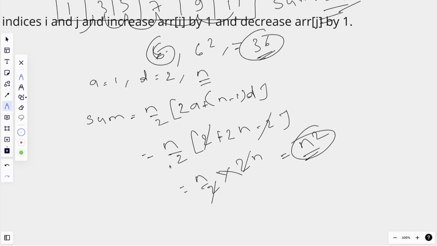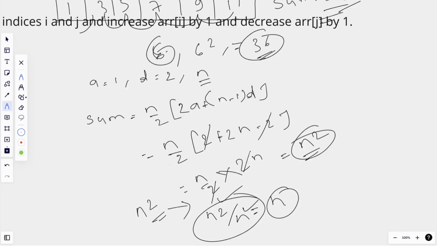And since we know there are n elements and total sum is n square and our sum is constant, we have to make all elements n square by n because we want to make all of the elements same. And total sum is n square, there are n elements, so all of the elements have to be n. So at the end, suppose n is equal to 3, our array was 1, 3, 5. So we have to make at the end all of the array elements n. Like this 1 will be converted to 3, this 3 will be converted to 3 and 5 will be converted to 3.